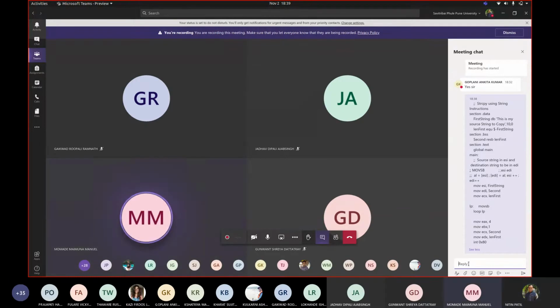Okay, and can we use it with other registers or should it be only with these? It is the way that we talked about loop. Loop makes use of which register? The loop instruction, you can see I have used in my code, I used ECX. So the loop instruction works with ECX. It automatically deducts. Similarly, MOVSB works with ESI and EDI only. That's why I wrote here source string in ESI and destination string to be in EDI. So it is absolutely necessary that you use only these.